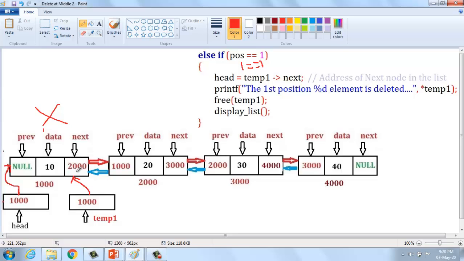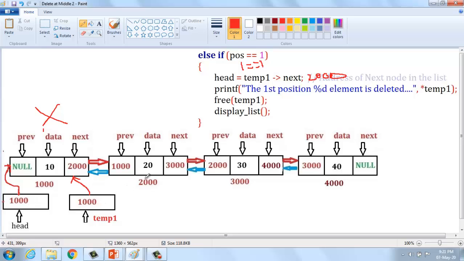What is temp1 of next? Temp1 of next is 2000, and then the head pointer should be changed to 2000. Because if you are going to delete, the head pointer should point to the second node of the given linked list.